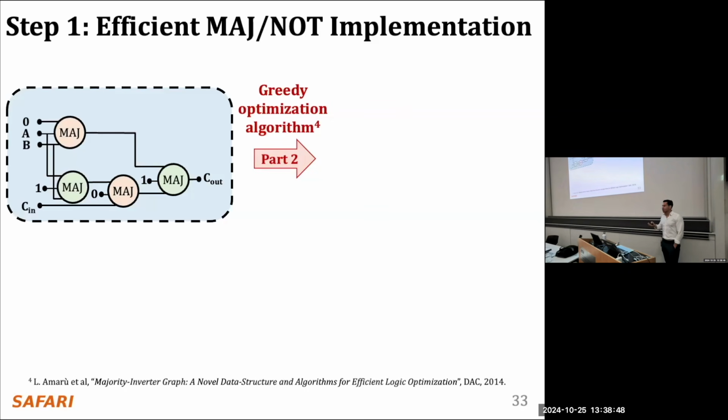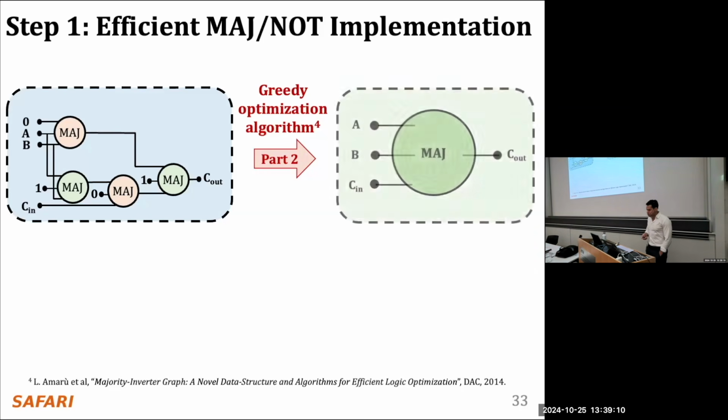Like there is De Morgan's law, all of those laws for Boolean-based circuitry, we have the same laws. It's not exactly the same procedure, but it's the equivalent for majority-inverter graphs. And then we apply those laws in a greedy optimization algorithm so that we can end up with a simplified version